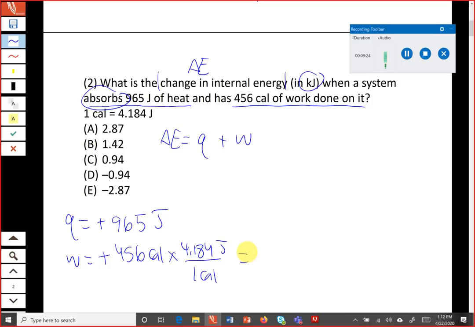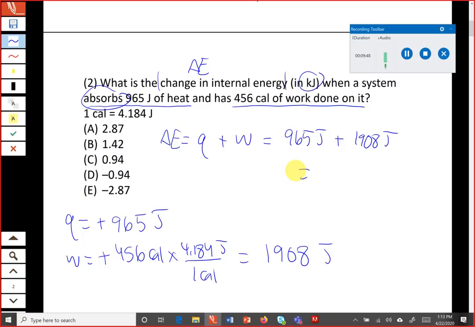And that number comes out to 1908, keeping one extra significant figure for now, joules. And so then we want to add these together. We get 965 joules for Q added to 1908 joules for W, and we get,